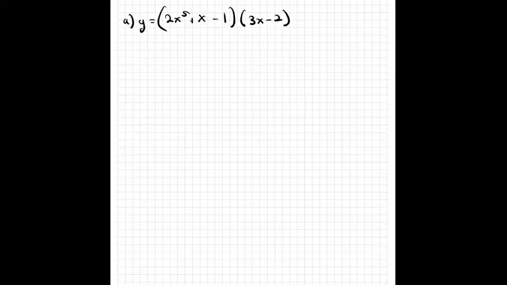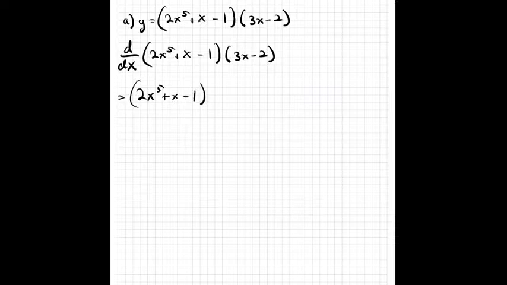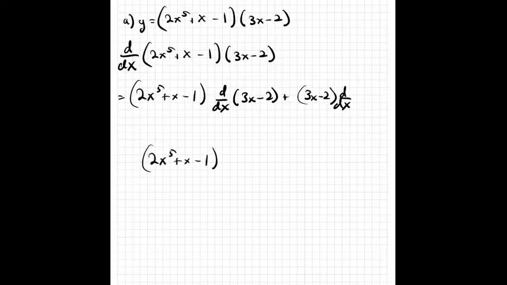So then d by dx of this thing, I'm going to just copy and paste. D by dx of all of this product is going to be the first, which is this, times the derivative of the second, plus the second, times the derivative of the first. I'm going to use some of my movie magic here. Copy, paste. And then what I'm going to do,